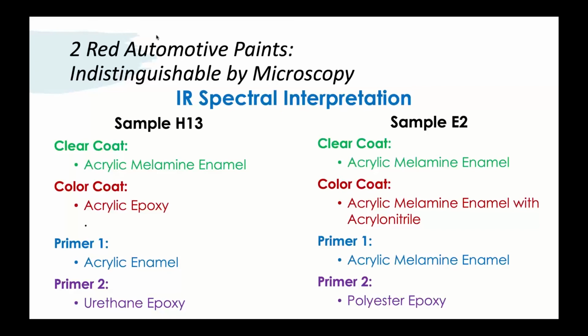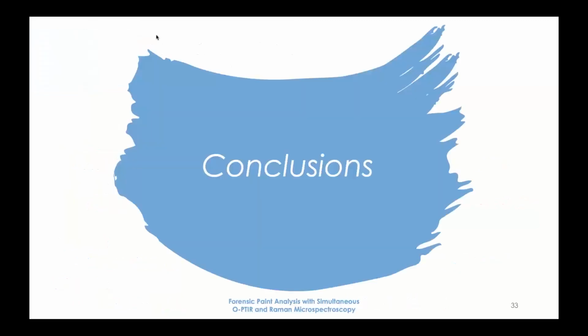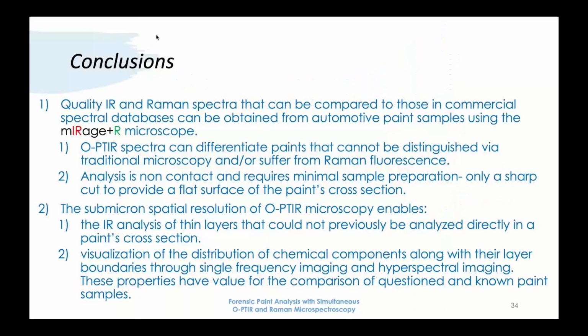Now, they had the same clear coat and acrylic melamine enamel, but the color coats, the primers, and both primers were different from each other, thus indicating that even though the paints look the same, spectral analysis enabled the chemical differences to be highlighted. So in conclusion, quality infrared and Raman spectra that can be compared to those in commercial